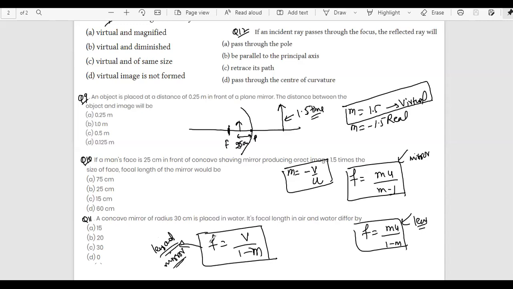So it is for both lens and mirror, but in case of mirror we have, in terms of u, mu upon m minus 1, and in terms of lens it is mu upon 1 minus m. Here it is m minus 1 for mirror; m for mirror comes first, see, m minus 1. And l for lens: if it were a lens, we write 1 minus m. Okay, got it beta? Got it? Yes, sir. So these are the two formulas.